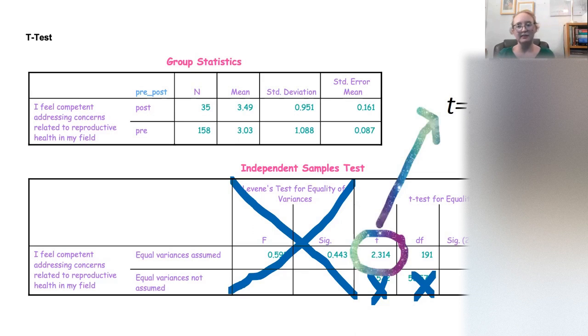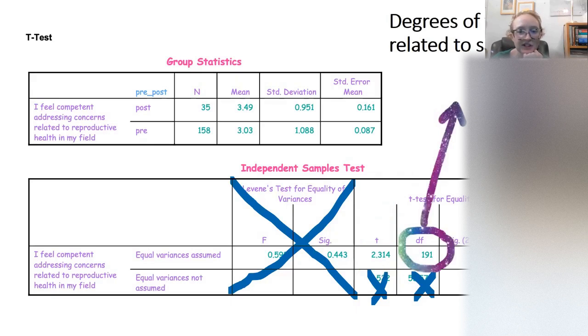And then next you have the t-value. So that's just a number that goes with the t-test. You have the degrees of freedom value. It's related to the sample size. So usually it's very close to the full sample size. It can depend a little bit depending on the test, but it should be about the same. And then